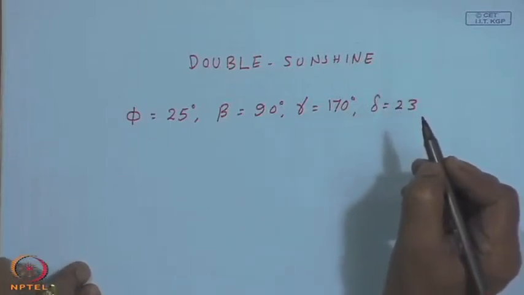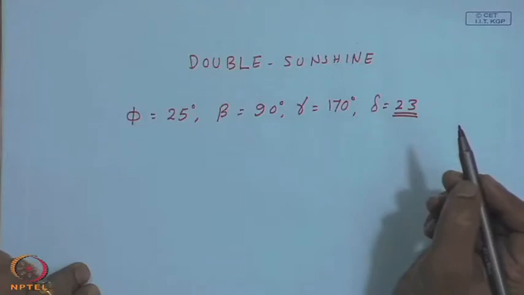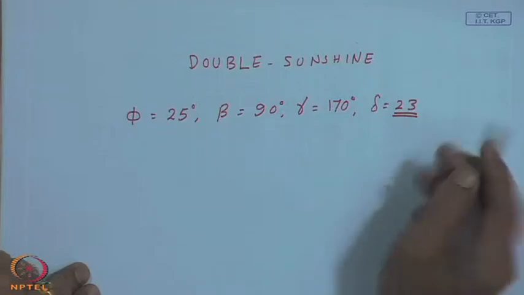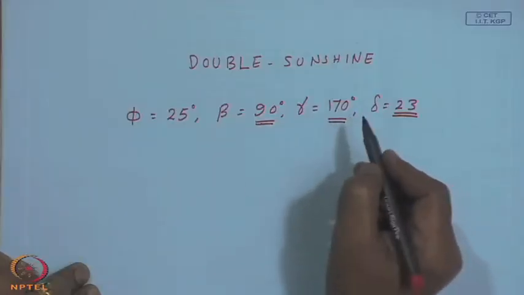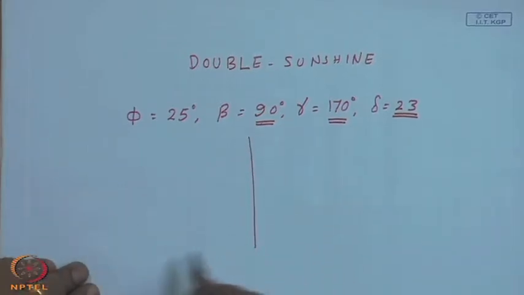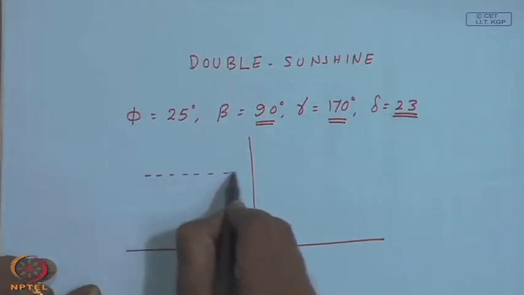This is somewhat cleverly done in the sense that delta is 23. So, it is a positive declination, wherein a south facing surface will receive part of the time only. Beta is equal to 90. Consequently, again when delta is 23, it will be a small duration, and then instead of gamma equal to 180, 170 is chosen, which is almost 180, and you will find that these were actually calculated for various values of omega and then plotted, though may not exactly be to scale.